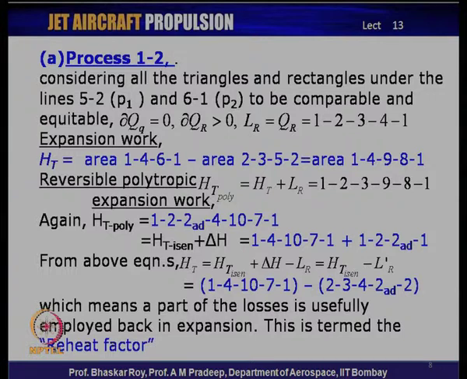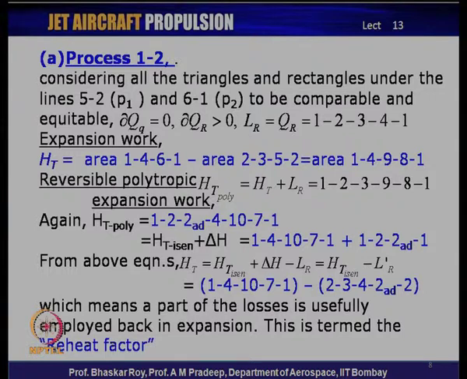So, we have triangles and rectangles to be considered, and we say that the heat transfer from external sources is 0. However, there is an internal heat transfer, which is normally in terms of conversion of one kind of energy to heat. Principally, the kinetic energy may get converted to heat due to friction and other reasons, and that is normally given in terms of